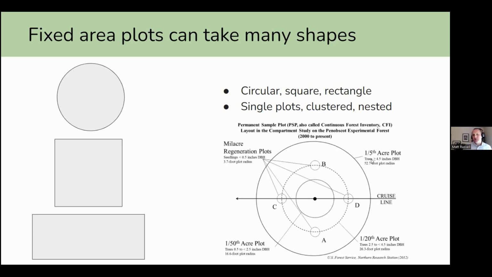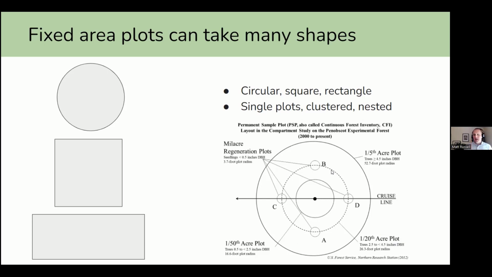As an example, in this 1/5 acre plot, they're going to measure all trees greater than 4.5 inches in diameter at breast height, and that radius is 52.7 feet. And so they're going to be measuring those big trees on a big plot. Now, trees smaller than that, that is trees 2.5 to 4.5 inches, they'll measure on a 1/20th acre plot. And so that's kind of the circle within a circle.